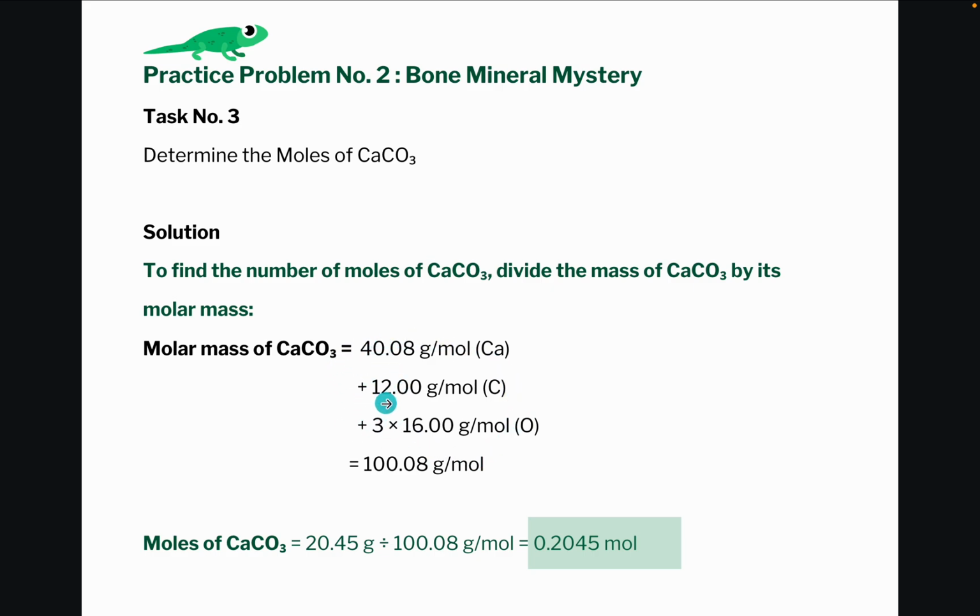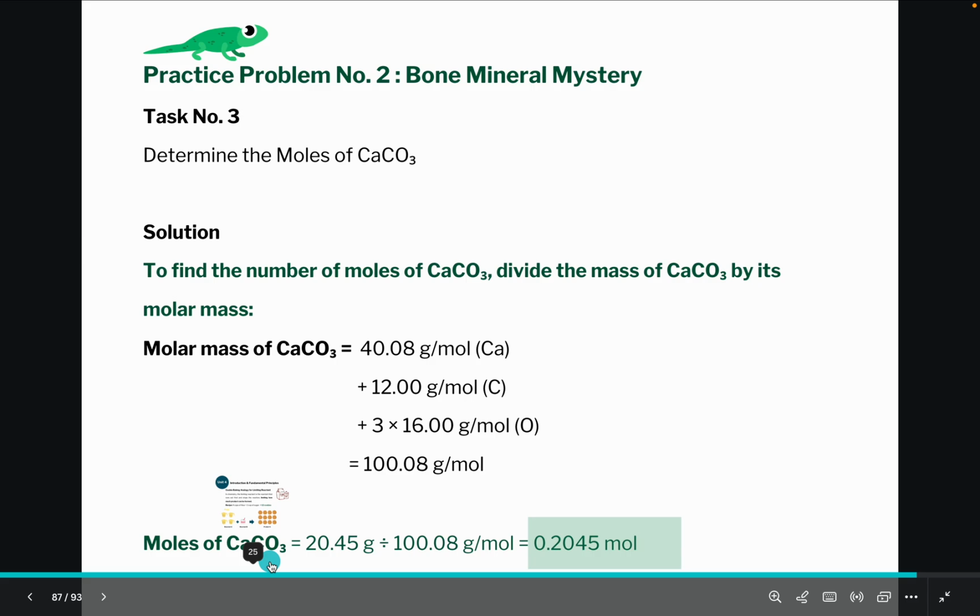But first, you need to multiply each by how many atoms are present in the chemical formula of calcium carbonate. So we can see here, you have your calcium, carbon, and oxygen. And if we get the summation, it's 100.08 grams per mole. To get the moles of calcium carbonate, we need to divide the mass, which is 20.45